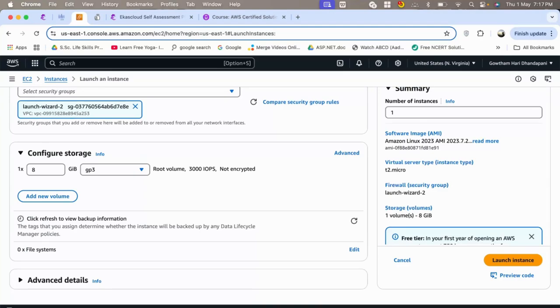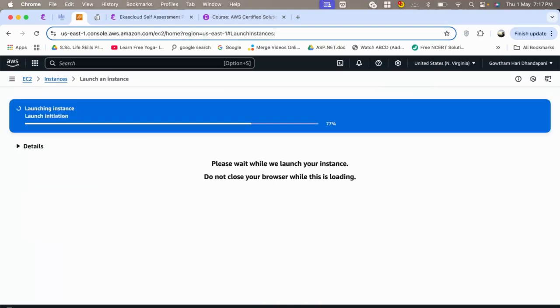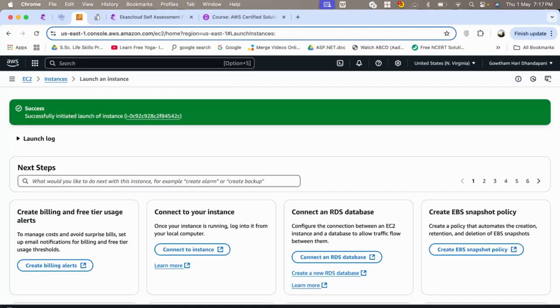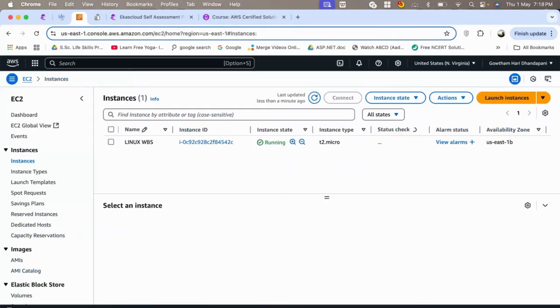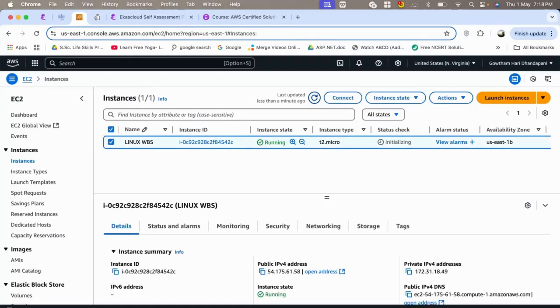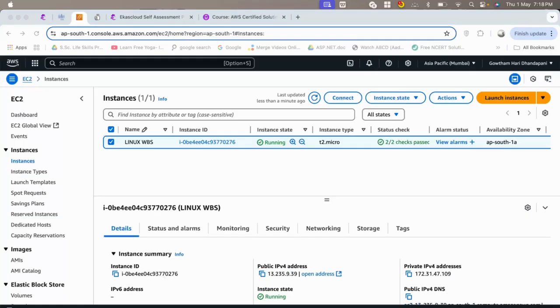Leave all the other settings as default and launch your instance. Wait till your status check gets completed. Now, as the status check is completed, I will start